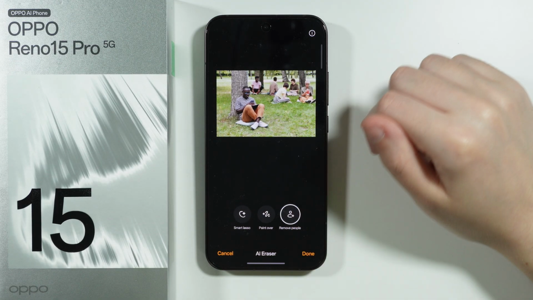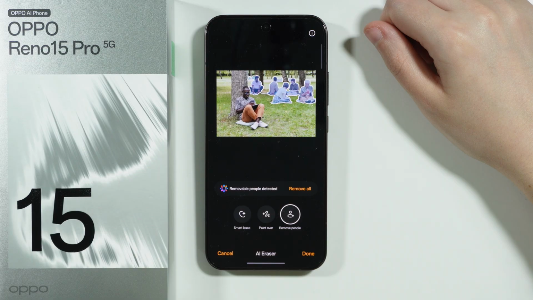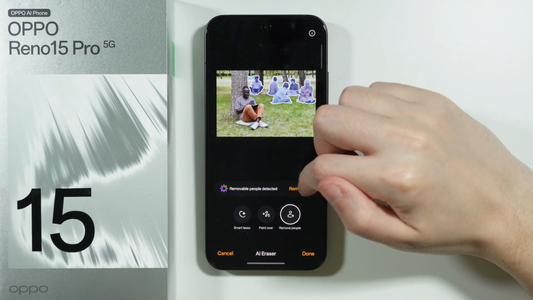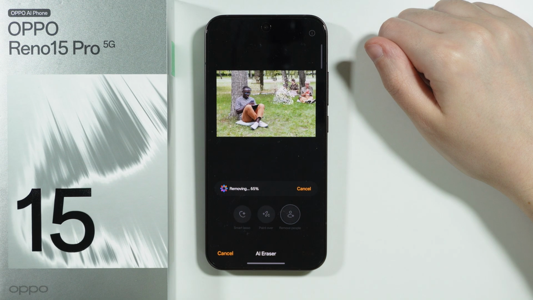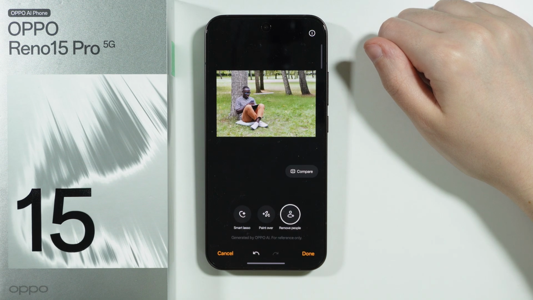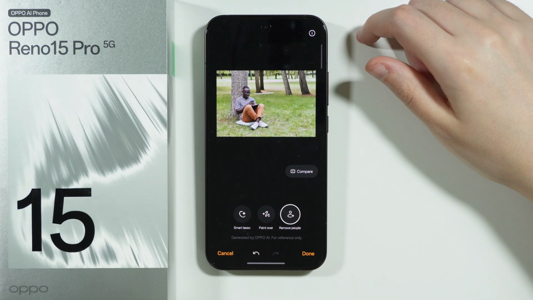Now we're gonna switch to remove people. Let's wait a couple of seconds. Most of the time these people will be highlighted. We can also tap on remove all in order to get quickly rid of all of them. And there we go. In case there is something left after removing people, or if not everyone has been selected,